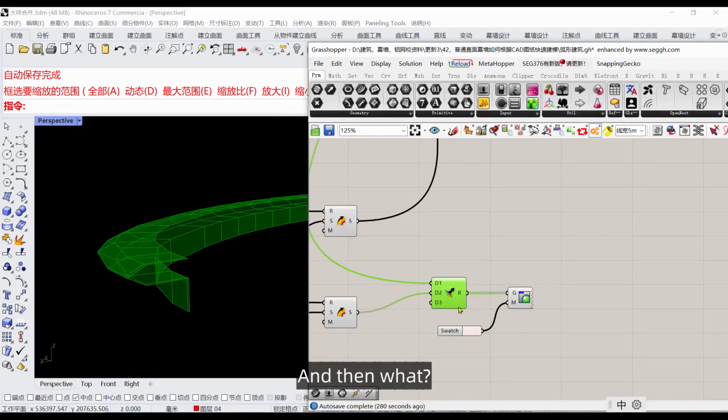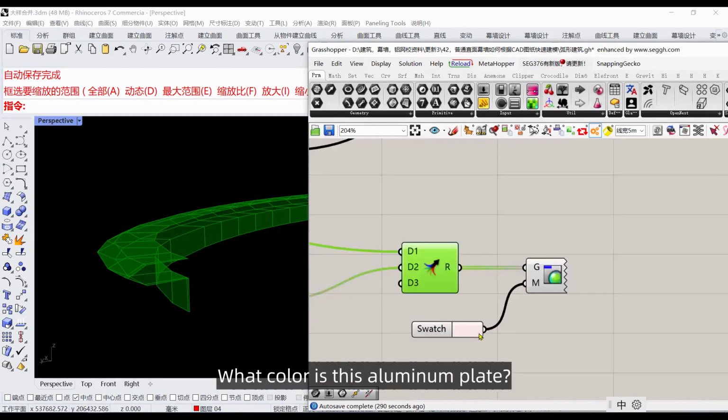And then what? What color is this aluminum plate? We can give it a